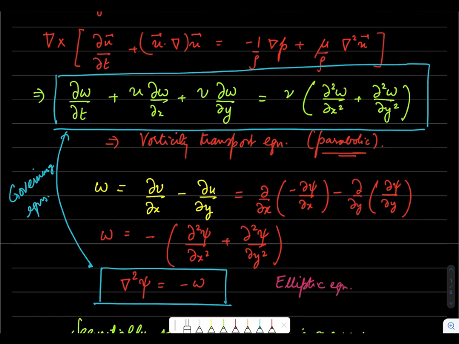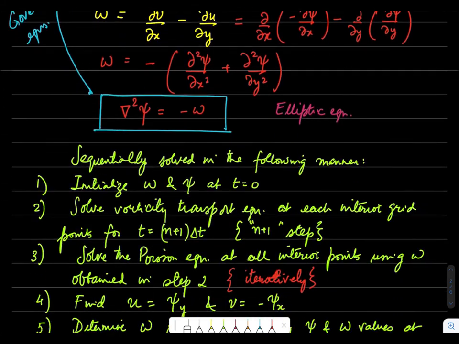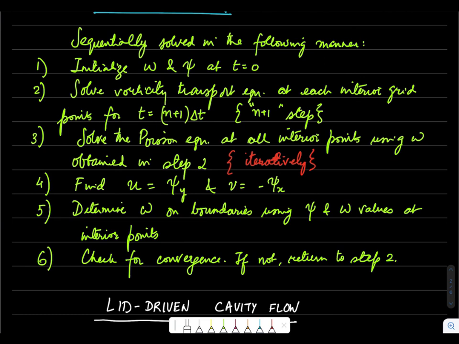In the spatial discretization, at the node next to the boundary we will need some boundary information to discretize this term. Similarly, we may also need the boundary conditions in these derivatives, depending on what kind of differencing we use, forward or backward. So the vorticity in the interior will get modified based on the vorticity at the boundary. That is the way in which information from the boundary is brought into the bulk of the domain. So this is how the vorticity stream function method works.